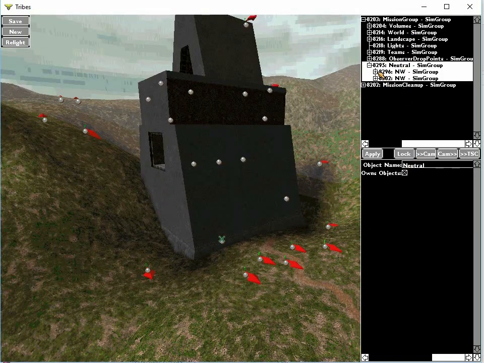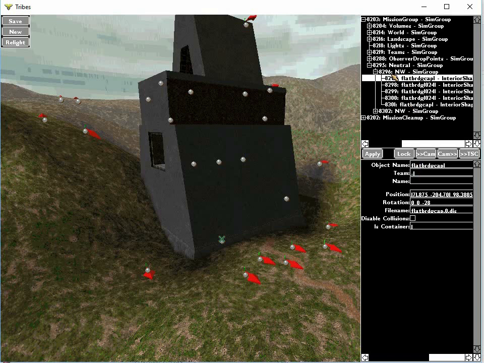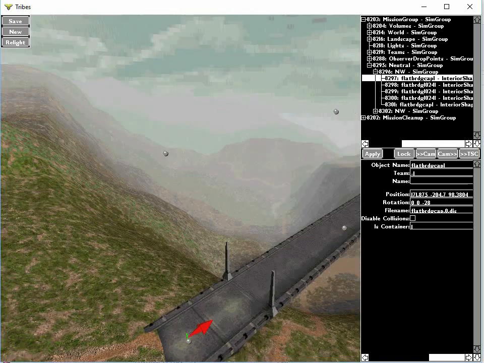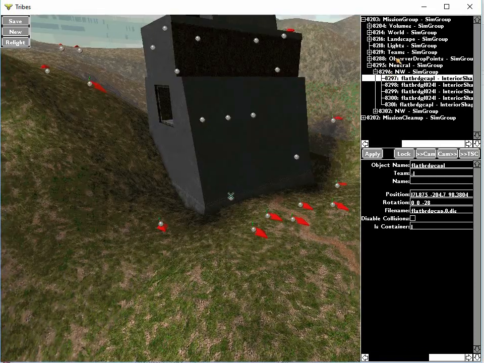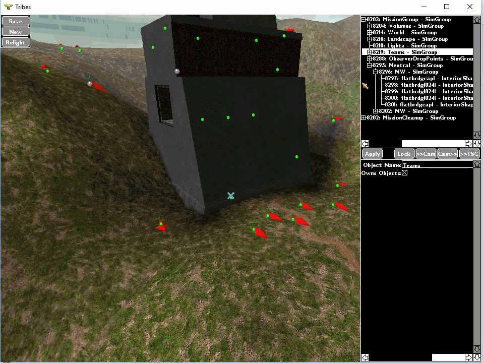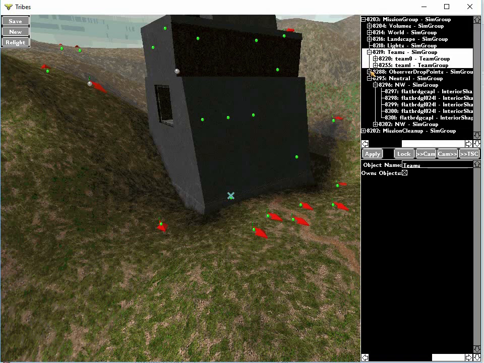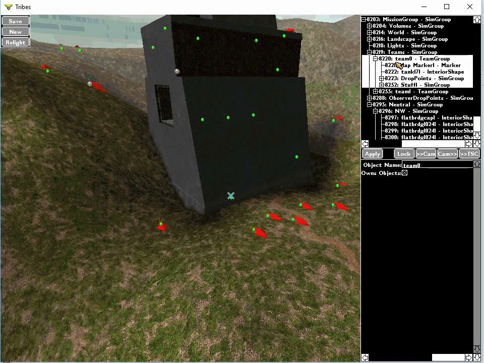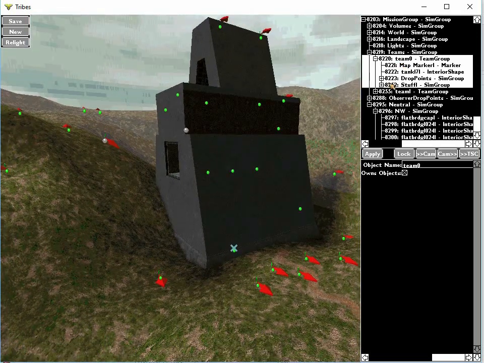So this is the bridge, a neutral asset. The team is -1, and that doesn't correspond to either team. But you can't actually edit this. Let's say I try to make this 0, which I forget is either Blood Eagle or Diamond Sword. If I hit apply, it just won't change it, because the only way to assign it is to first highlight the team that you want to put it on, like Team 0. Okay, so Team 0 is obviously Blood Eagle, because they lit up